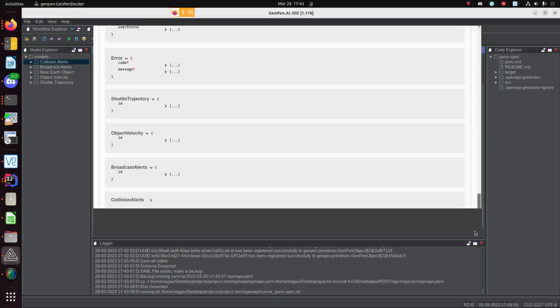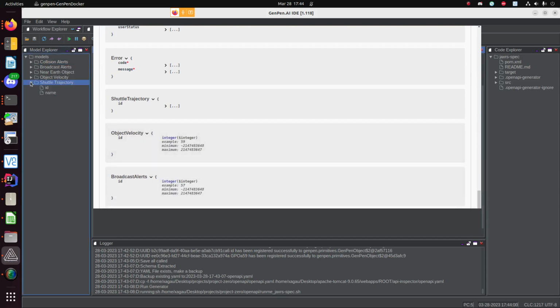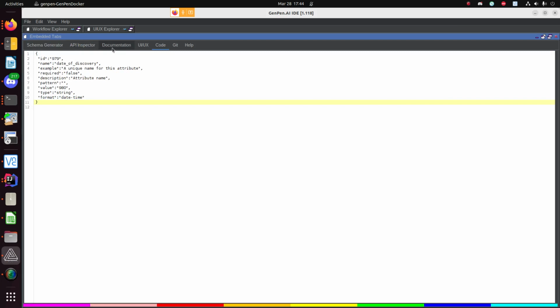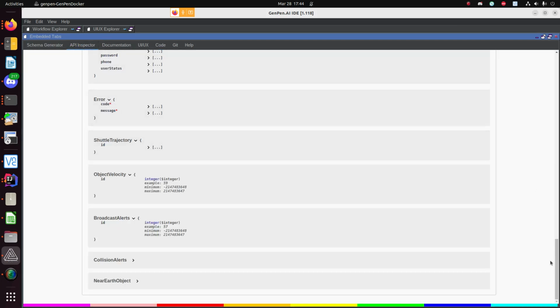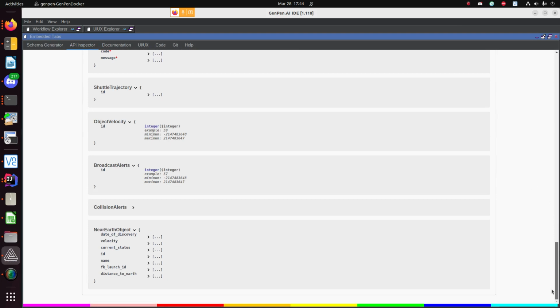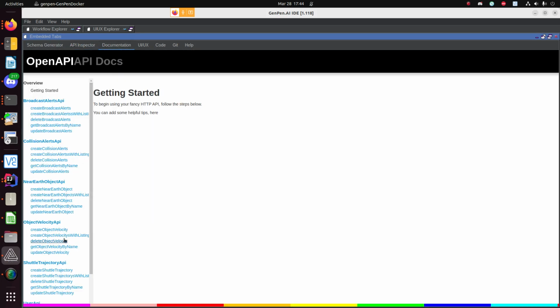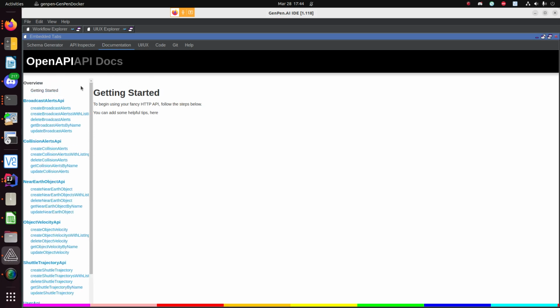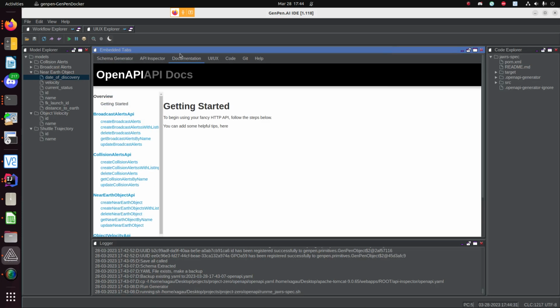Let's just see. Broadcast alerts. So, yeah, some of these are empty. Near Earth object. And here's our near Earth object. Oh, down here. So this one is in here. And it should have generated some documentation for us as well, right? Like our documentation. And then if I go back to the thing here,